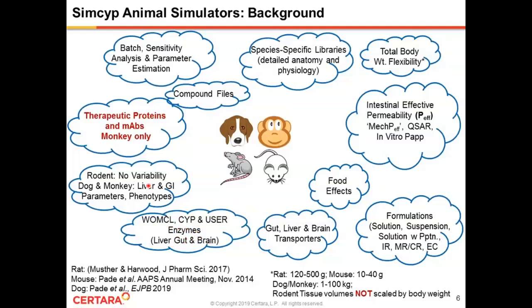One of the major differences within the simulators is that in the rodent simulators, we do not have any inter-individual variability. So when you are using the rat or the mouse simulator, you are basically simulating a single individual all the time. But in the dog and the monkey simulator, you have inter-individual variability, and hence you can simulate a population. In the monkey model, we also have the PBPK models for therapeutic proteins and monoclonal antibodies, which is basically